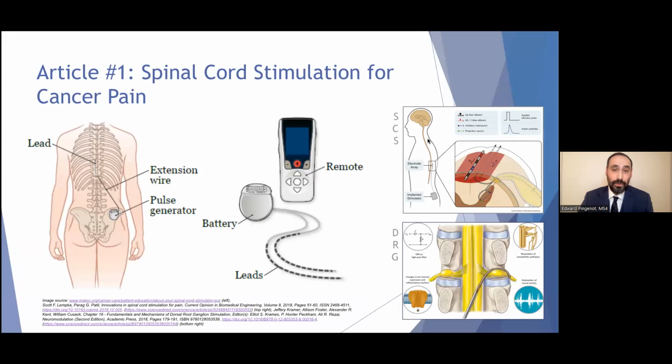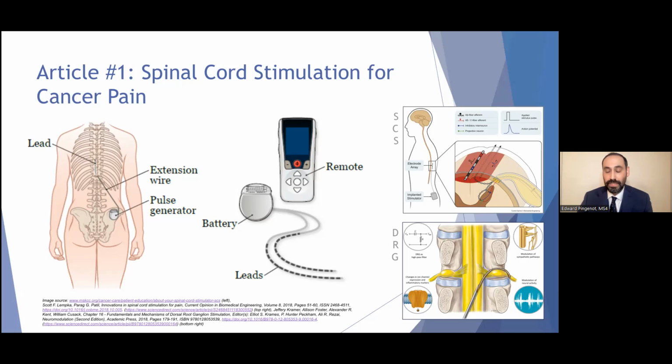So now we'll jump into spinal cord stimulation as a broad term for cancer pain, which tonight we'll talk about as traditional spinal cord stimulation and dorsal root ganglion stimulation. And we'll look at the mechanisms just briefly. So for SCS, it is believed that SCS utilizes the gate control theory by introducing external neuromodulation in the form of non-painful electrical signals from percutaneous electrodes placed over the dorsal columns. This essentially causes alpha beta fiber activation, causing inhibitory neuron activation and ultimately the inhibition of nociceptive neurons